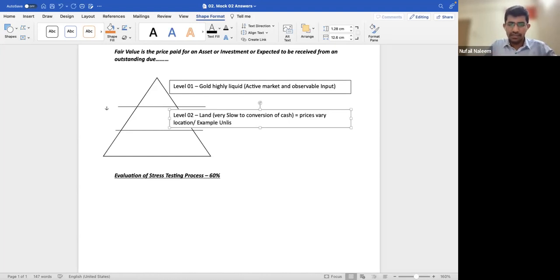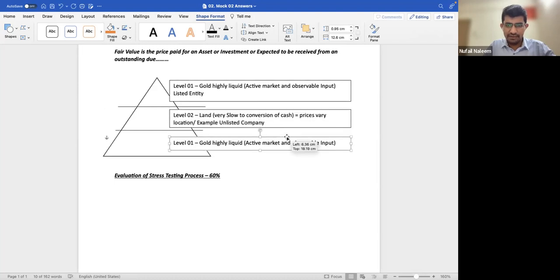For example, an unlisted company. Students, some unlisted company prices vary. So if you see level 1 in stock market analysis, I can effectively say a listed entity. Here it is an unlisted entity. And the other one, students, I will make it very clear: level 3. Level 3 is like new startups and projects. If you observe new startups and projects, students, very high risk,